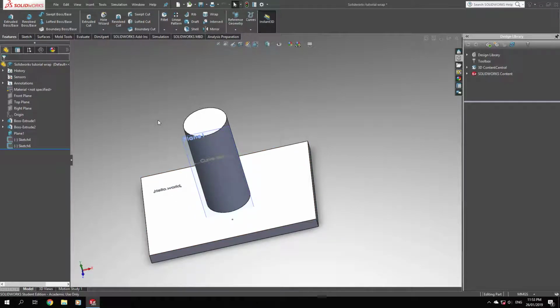So once you've drawn your text, what I've done is just create a plane tangent to the cylinder, and I've used the guideline and I wrote a text on the guideline. So if you just click on wrap,